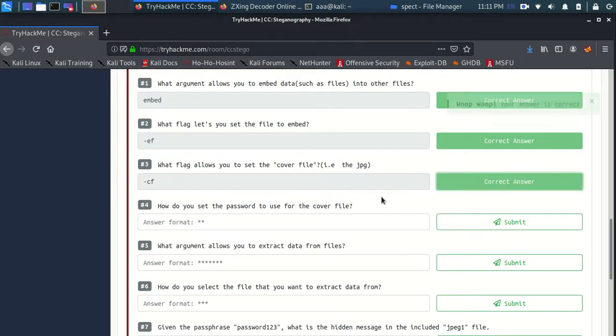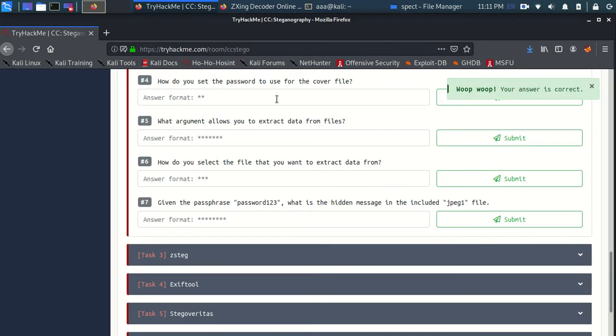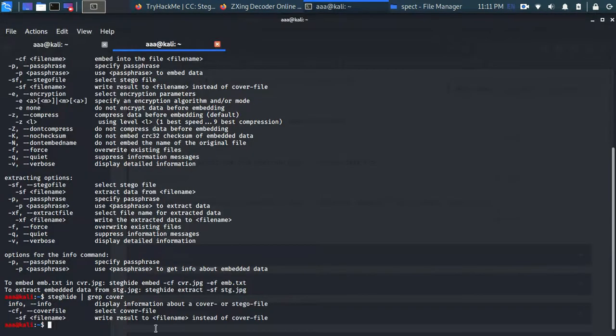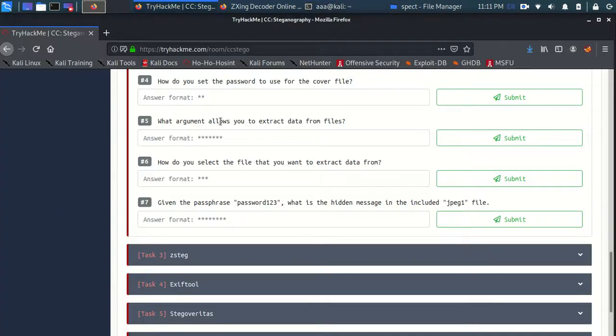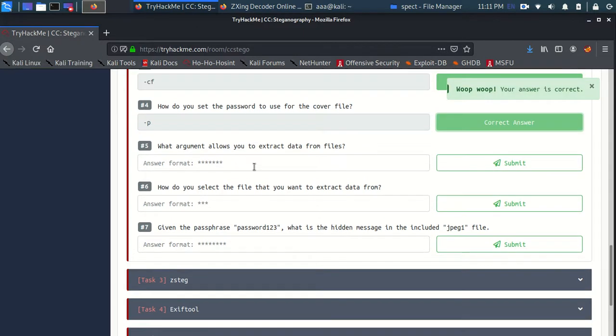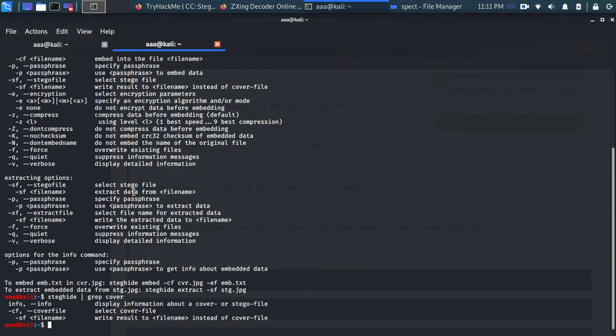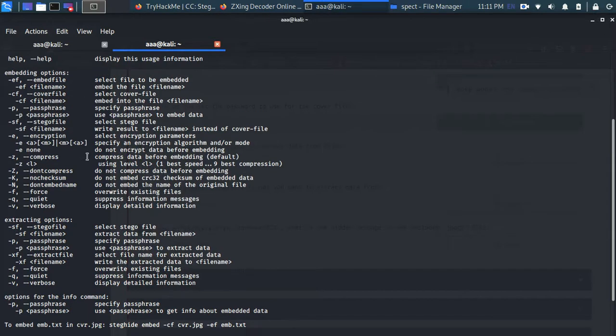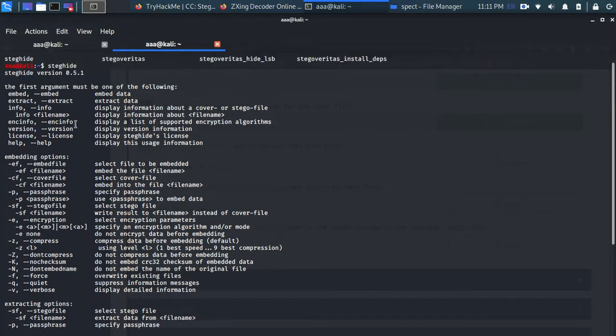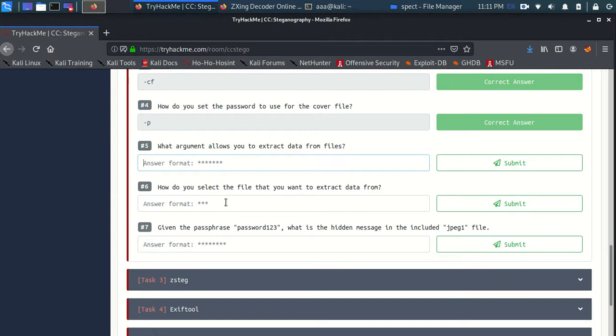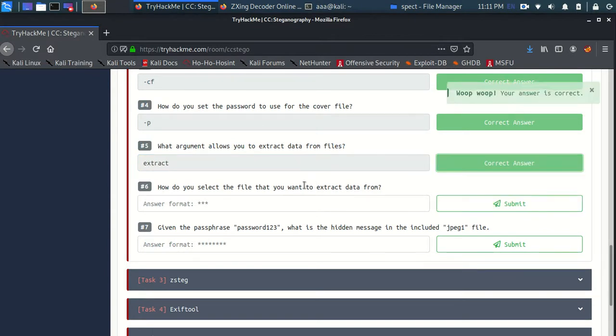Now how to set the password to use for the cover file is by -p. I'll be explaining all of this in code. Now which argument allows you to extract data is extract, which is this one. So extract is used to extract information from that file.